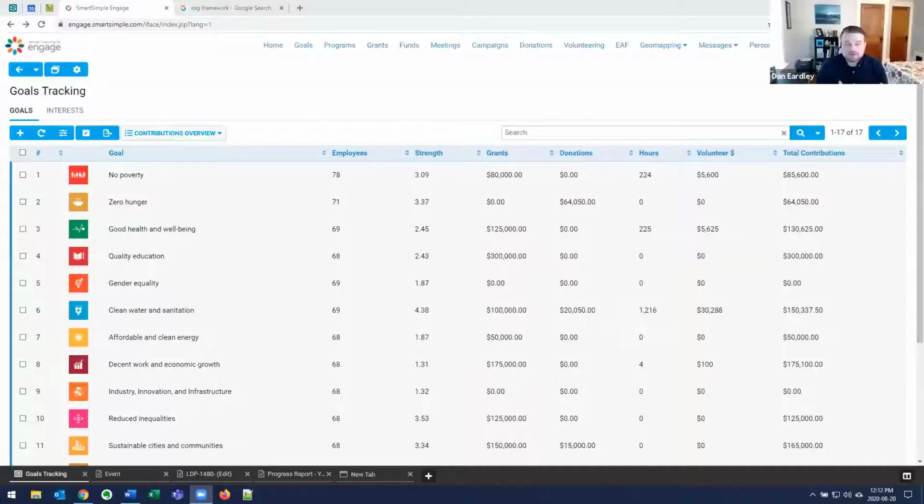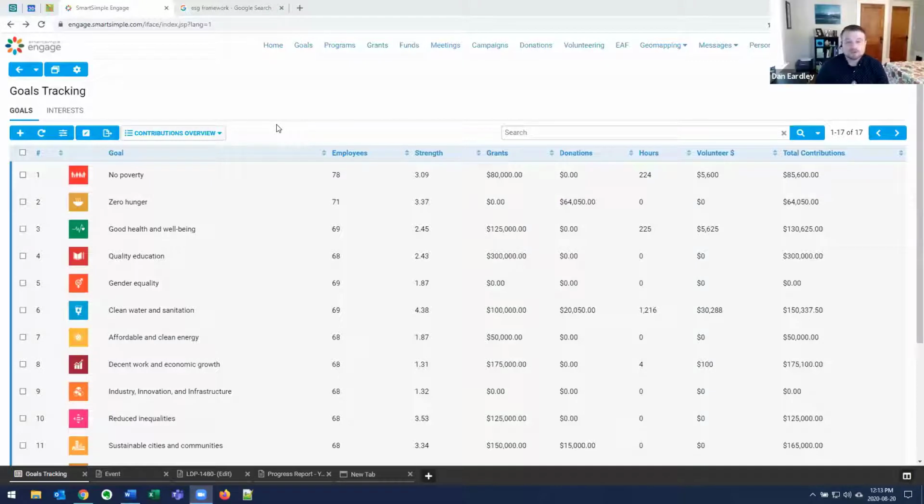So when we talk about that goals tracking structure, this is what we mean. We've developed a module within the SmartSimple platform and within Engage to track all of that activity against your defined goals, what you're looking to measure against. In our case, what we've utilized is that UN SDG model. We have those 17 goals listed here, but it's not prescriptive, so you can utilize whatever goals are important to you as an organization. Maybe you've set specific pillars or tenets of your CSR strategy that you are working towards, and you can utilize the structure within Engage to measure those things.